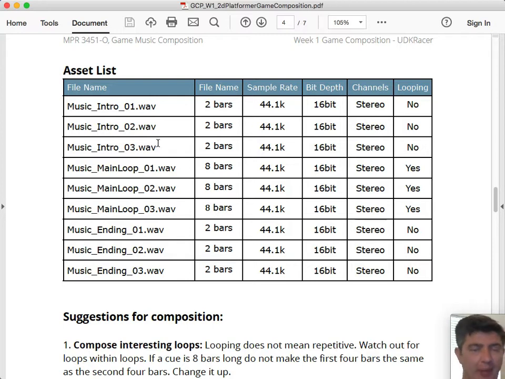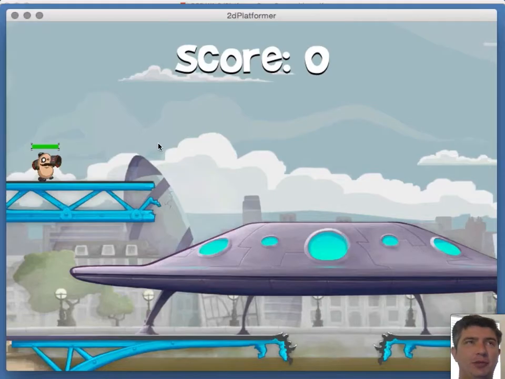Randomly choose one of them and then play it immediately after the previous file was over. So it randomly chooses main loop 1, 2, or 3, and let's say it chooses main loop 1 this time. Once intro 3 ends, it immediately transitions over to the main loop cue.